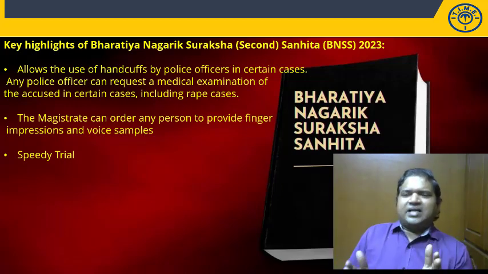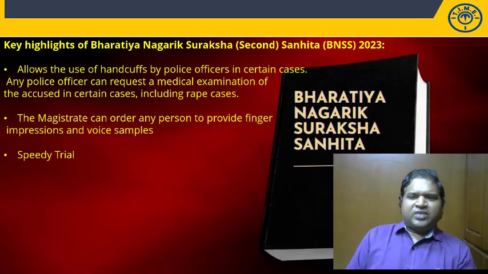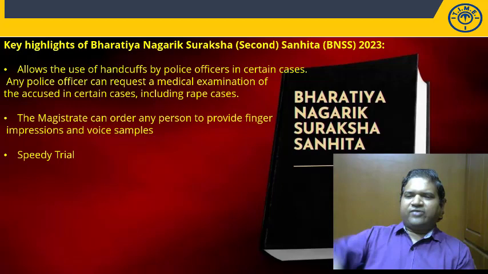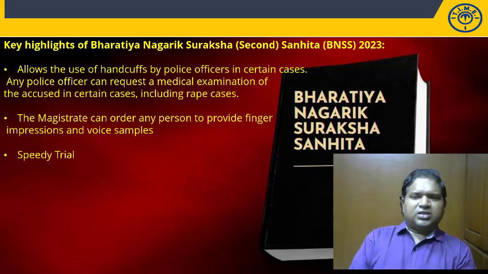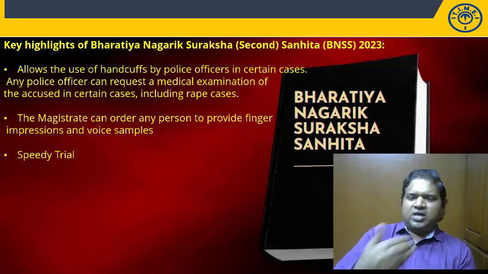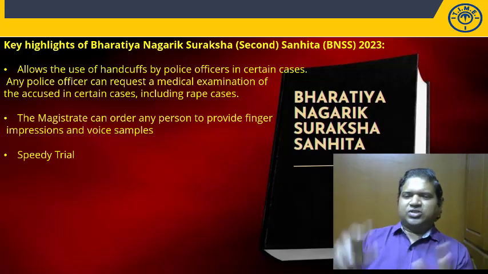There should be timelines. There should be a time limit, that okay, charge sheets should be filed within 180 days, or fix a time, so that things do not drag on unreasonably for a long time, and people are not going again and again to the jail, as in this tareekh pe tareekh philosophy of the old Indian courtrooms, the image that we have. So to fix those things, we have this speedy trial. Attempts have been made to fast forward the whole procedure, as it is a procedural act.